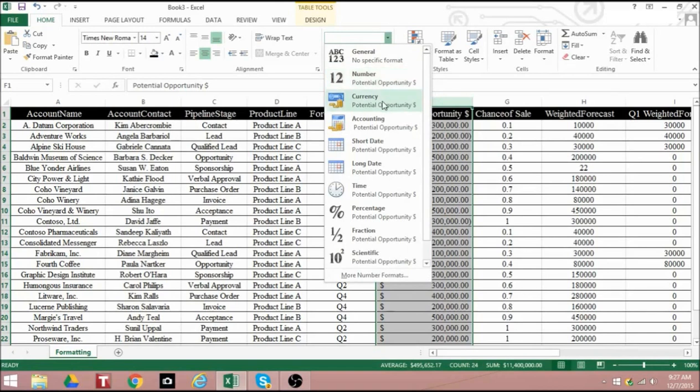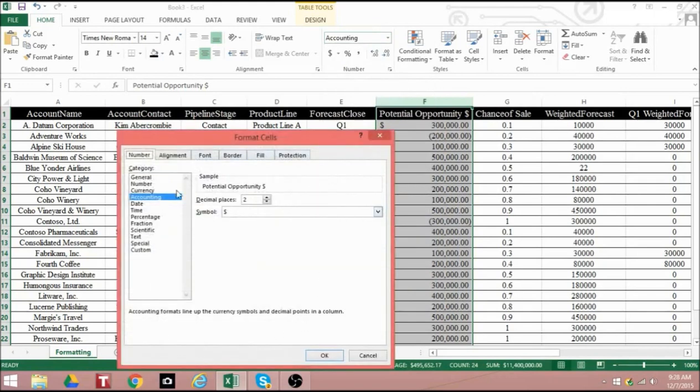You can have the currency dollar signs, the accounting, or if it's a date, you can format it into a short date or a long date, time, percentages, fractions, whatever format you need your numbers to be, it will format it for you. Now if you click on where it says more number formats, it brings out the format cells dialog box, which is a more detailed function of these up here: the font, alignment, number,